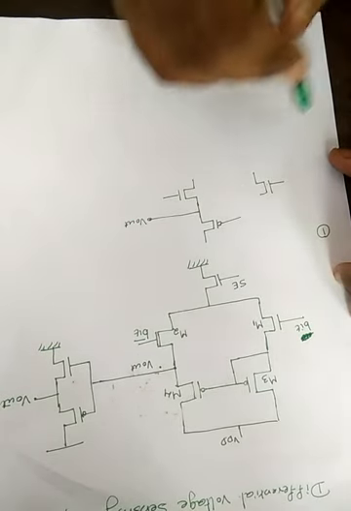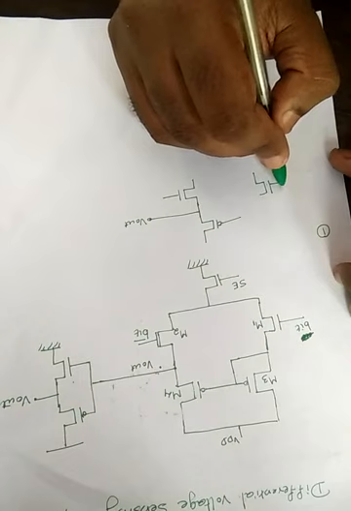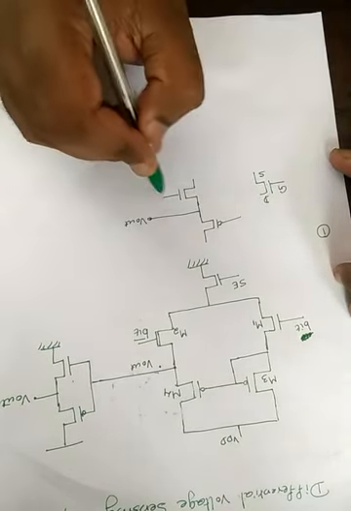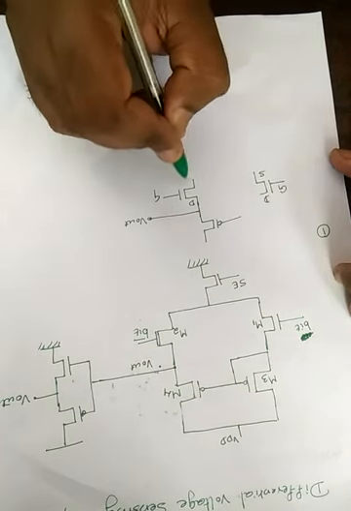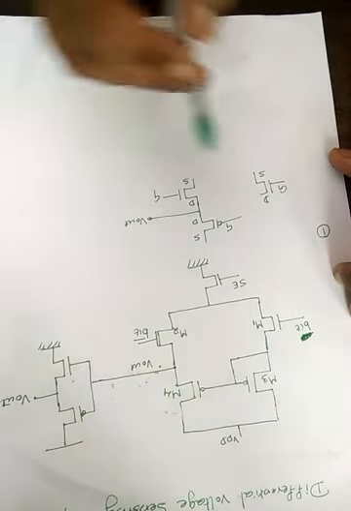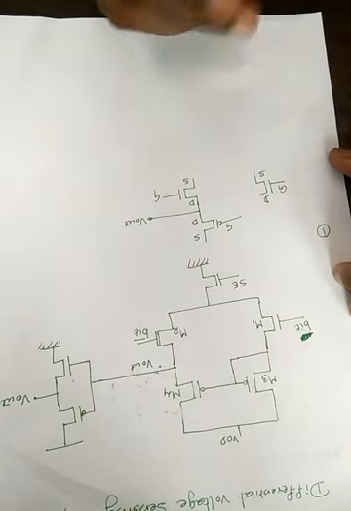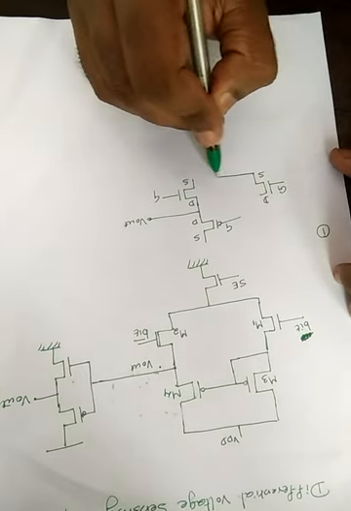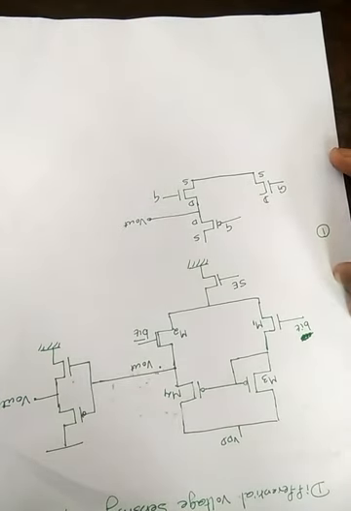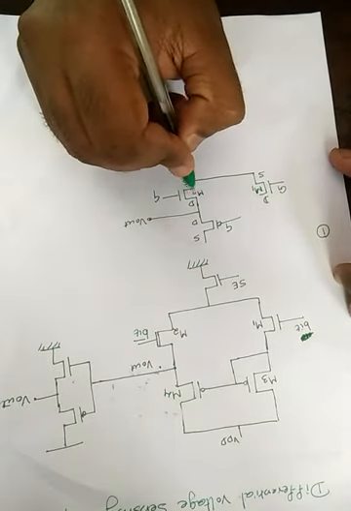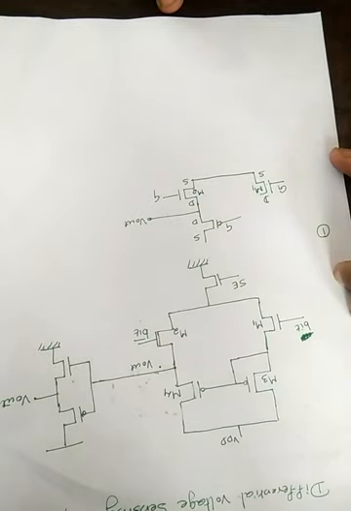As you all know, this one is an NMOS. This terminal represents gate, drain and source. This is gate, drain, source. Here it is gate, source, drain. To build this circuit, what I am going to do is, I am going to couple the source terminal. Coupling the source terminal is nothing but joining the source terminal. So I am going to join this source terminal. That means this transistor M1 and the transistor M2 is source coupled.